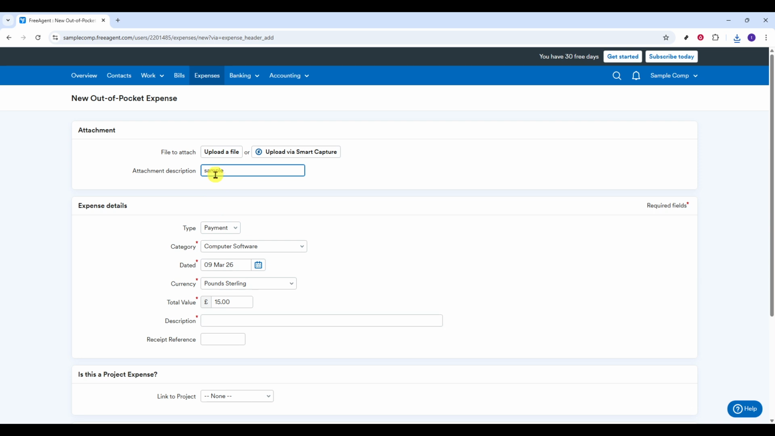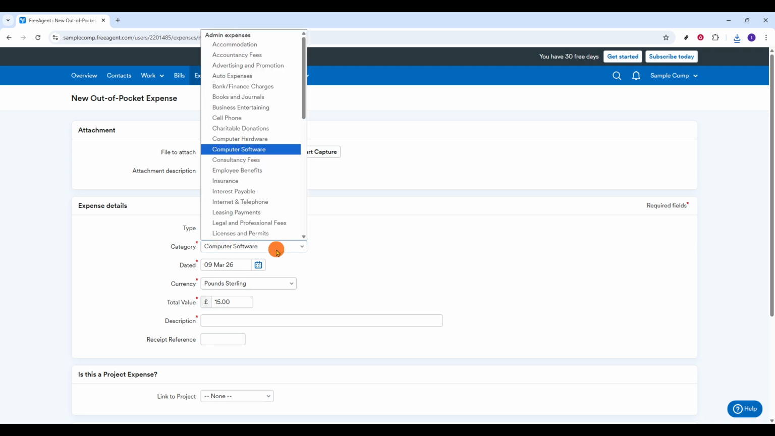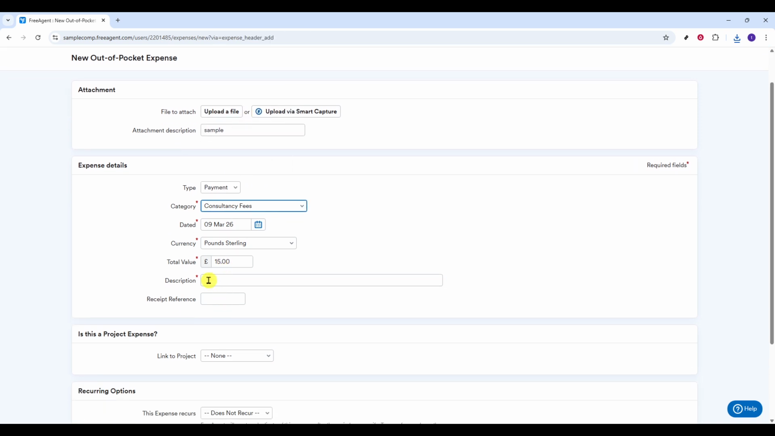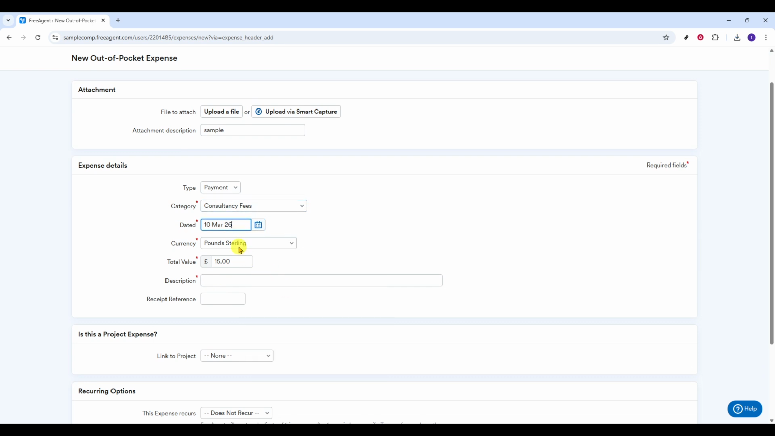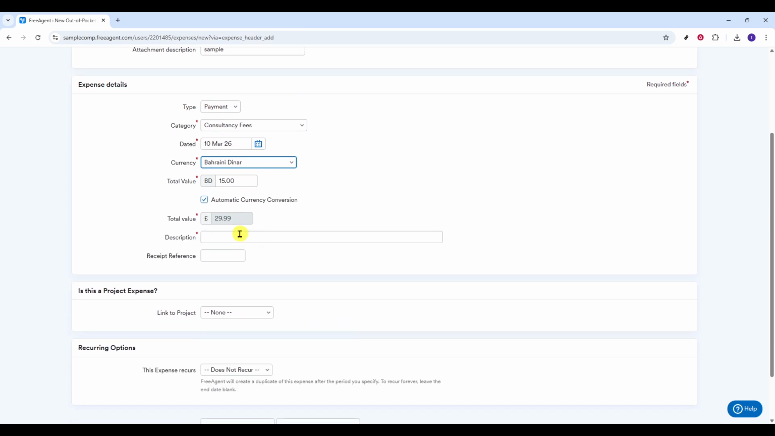Think of this as the label that groups similar costs together, like travel, meals, software, or office supplies. Choose the category that most closely matches the nature of the expense. Consistent categorization makes your profit and loss cleaner and makes it easier to spot trends. If you're unsure, use the option that most accurately reflects the purpose of the purchase and keep it consistent in